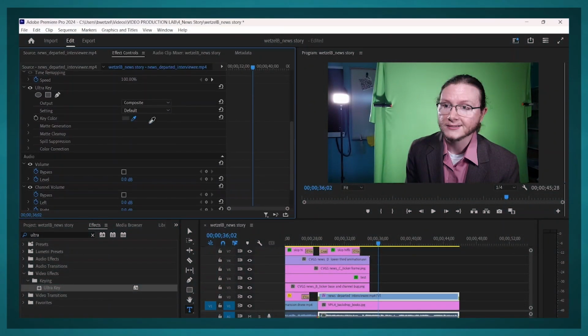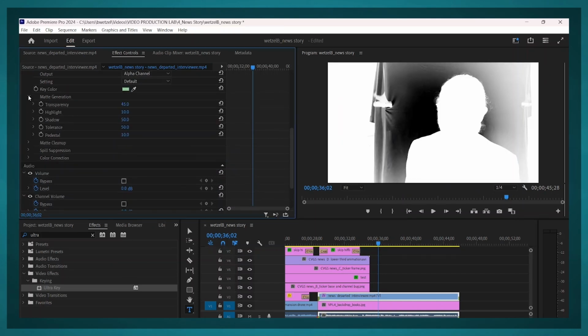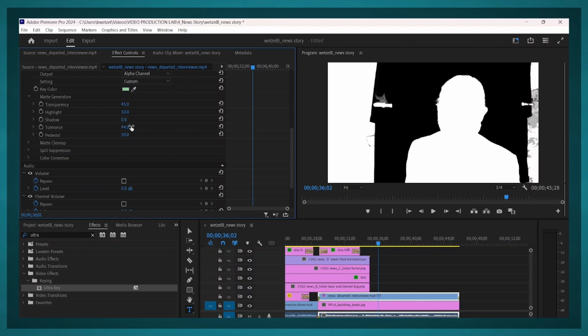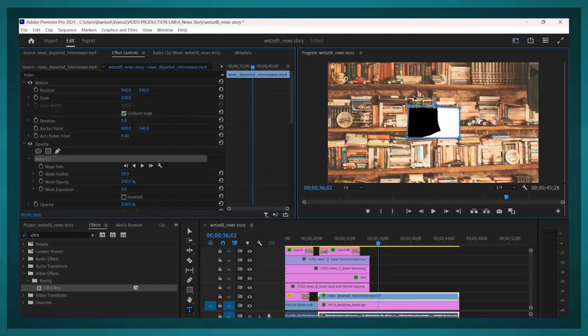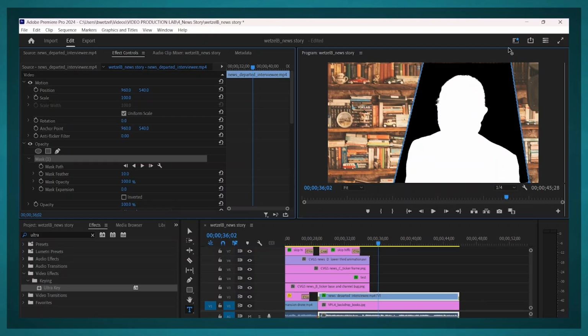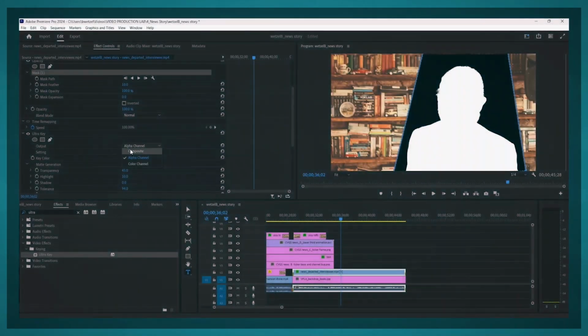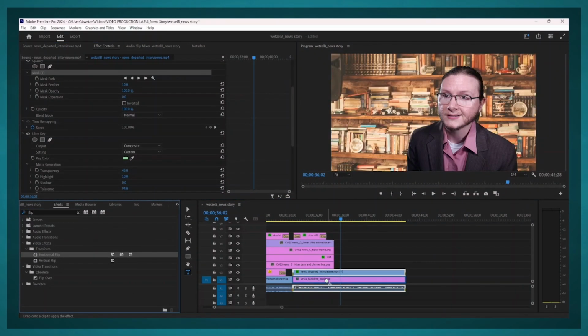I'm going to repeat the Ultra Key process I described earlier for the reporter, and if you were paying attention, you would have noticed that the image I used for their background was flipped in the sample video. I did that because if you look at the image, the light is clearly stronger on the left side of my interview subject's face, and I wanted the background to reflect that, as if that brighter light was a result of the window in the image. So to flip that image, I just went into the effects panel, searched flip, and applied the effect titled horizontal